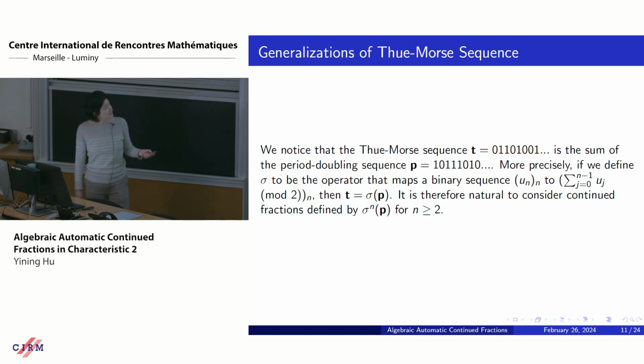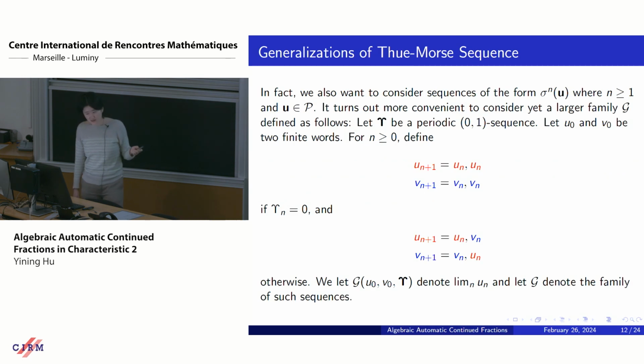In fact, we do not only consider the sum of P, we also consider all the iterative sums of sequences that are generalizations of the pure doubling sequence. And in this way, we obtain a larger family that we call G,